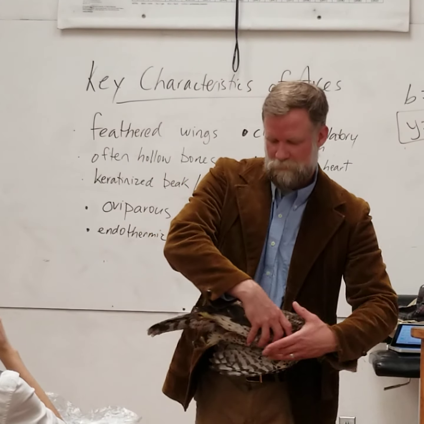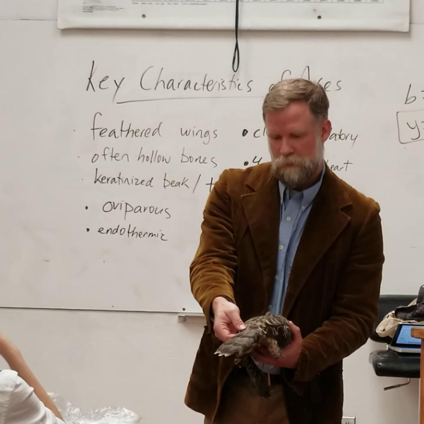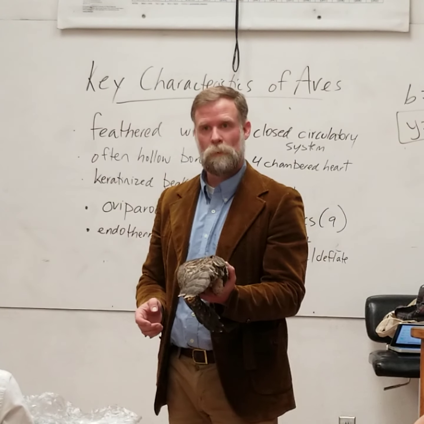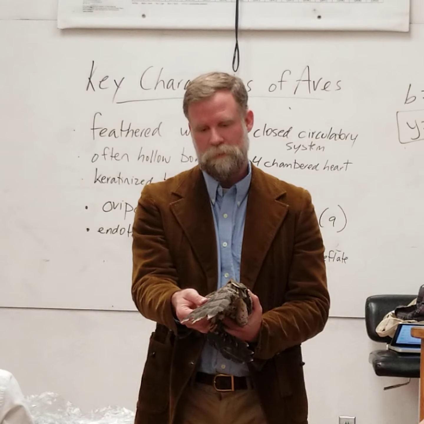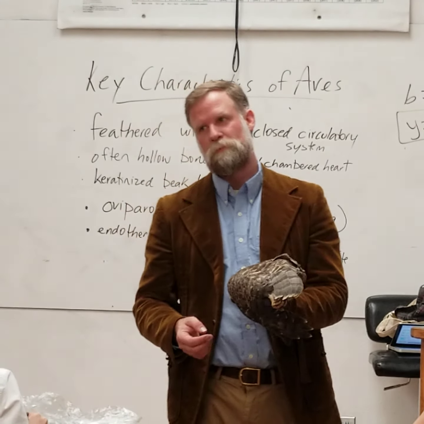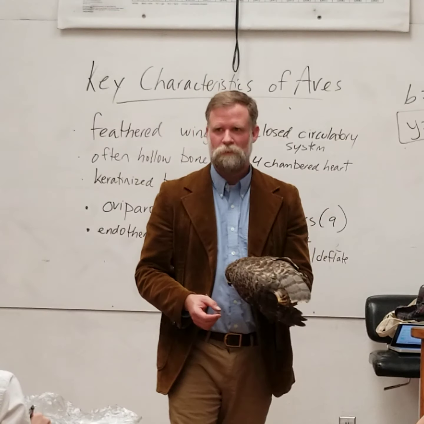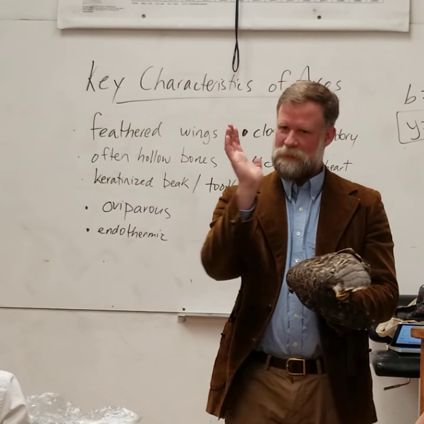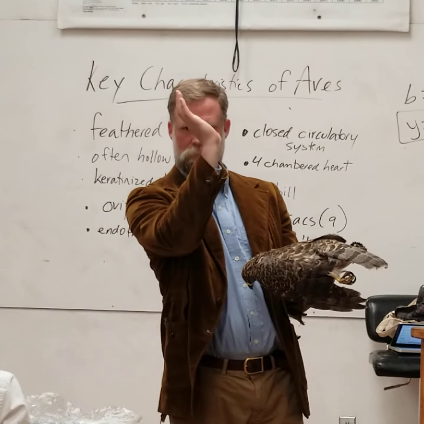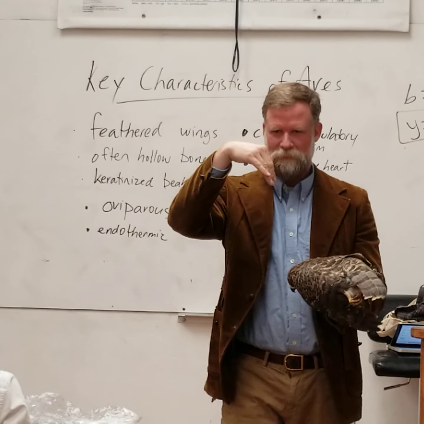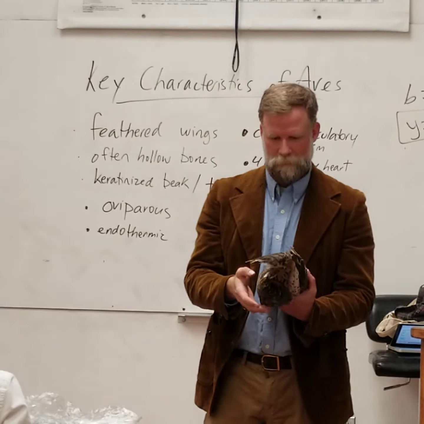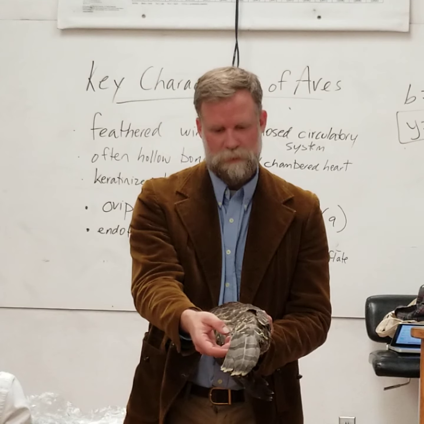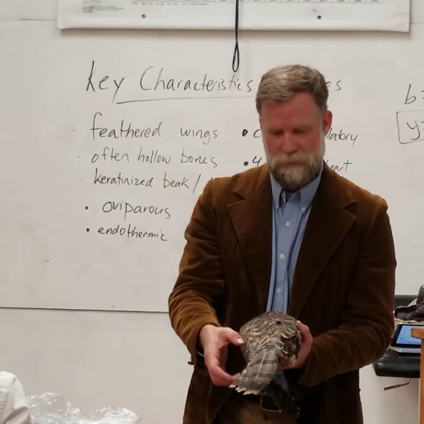Tail feathers serve several different purposes. What do you think a group of tail feathers is good for? Probably steering. Yeah, it's a rudder. So the first thing is it's a rudder. Okay, what about in a woodpecker? What's a woodpecker do with his tail that other birds might not do? Stabilizer. Yeah, exactly right. He stabilizes it against a tree, pivots that tail, and then he climbs up like this. Never climbs upside down because he needs that tail to keep him from falling. And so tail feathers, they usually are called retrices. The retrices. R-E-T-R-I-C-E-S. Retrices.